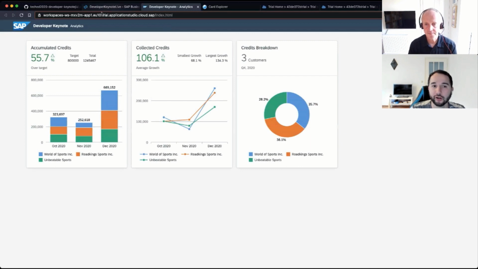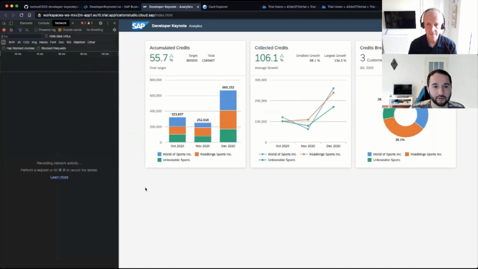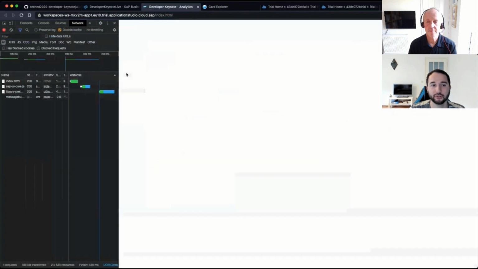Exactly. And here in the URL, we can see that we're still in the App Studio, in the workspace of the App Studio, this is my workspace ID. And app1, so this is the first port we expose. If we were to open a second port, the URL would most likely be app2 here. But all that we are currently interested in is our web application. Let's open the DevTools, see cache is disabled, and we can pull in the data